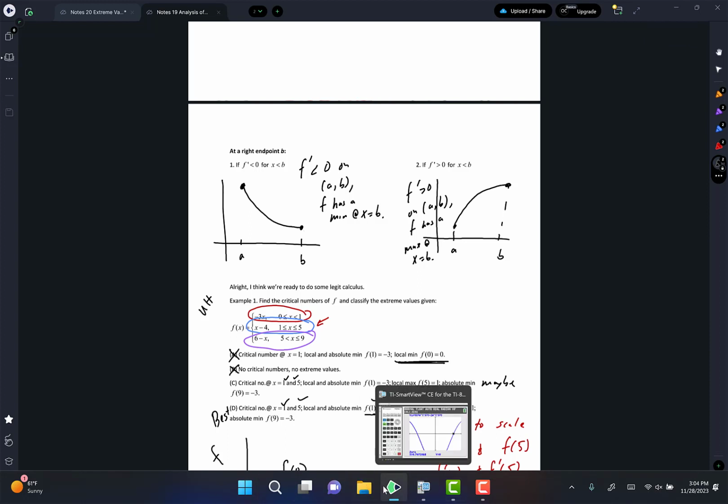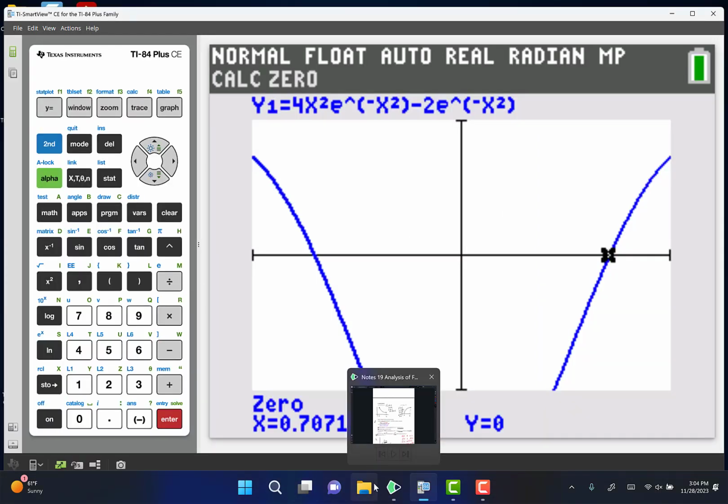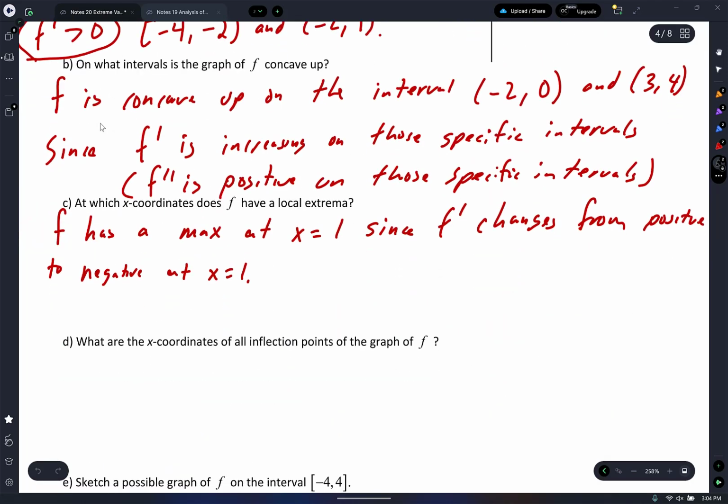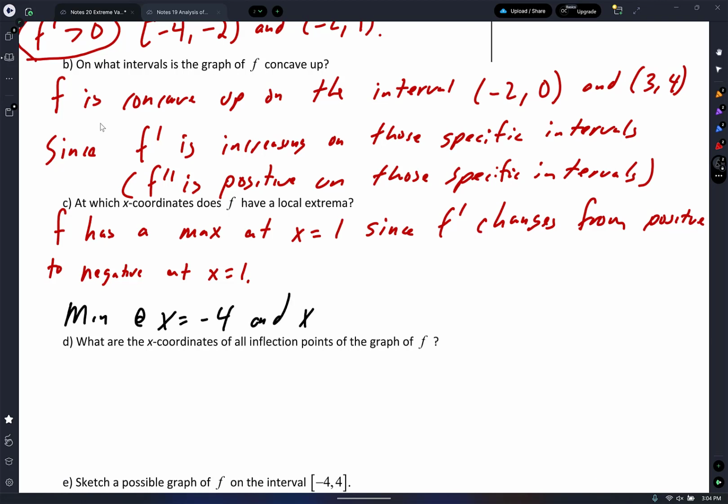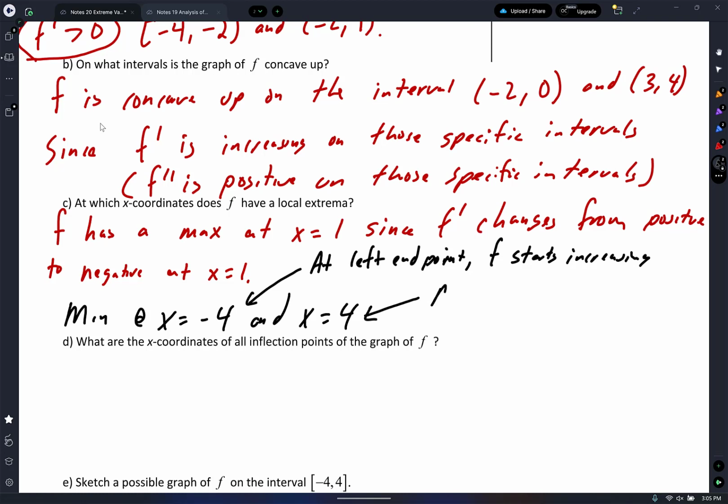So for now, I'm okay, well, I'm not okay, but I'm okay if we're kind of confused on that. I'm going to put here: min at x equals negative 4 and x equals 4. And I guess I'll put a reason why. So at left endpoint, comma, f starts increasing. So visualize that in your head. At right endpoint,